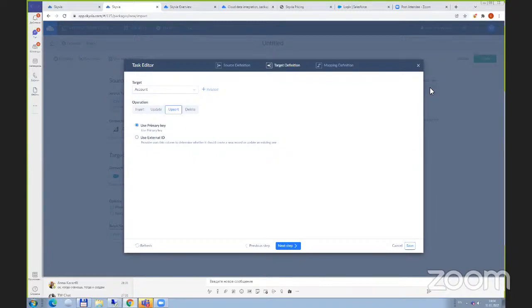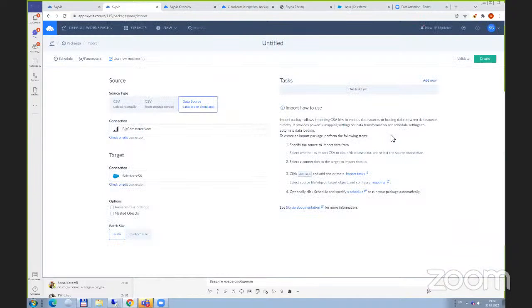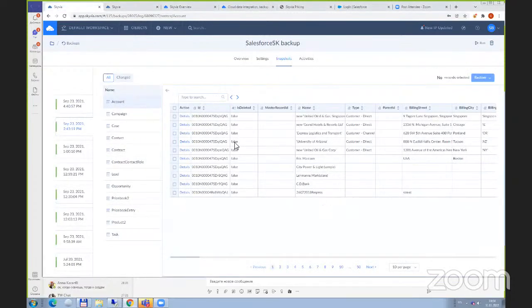And I think we missed one query regarding backup. I also wanted to show that when we restore, we restore the related records as well. With our backup, we restore selected records, so you can just easily navigate to the necessary record